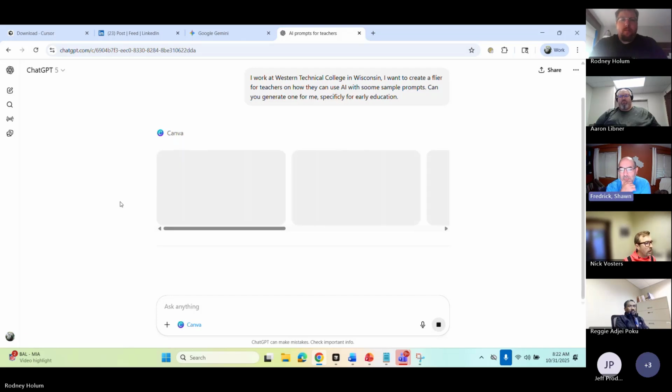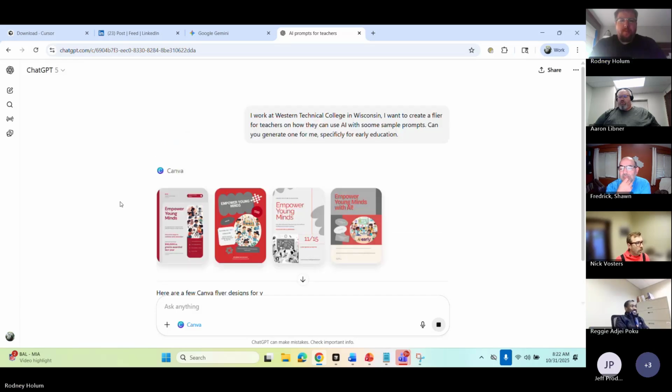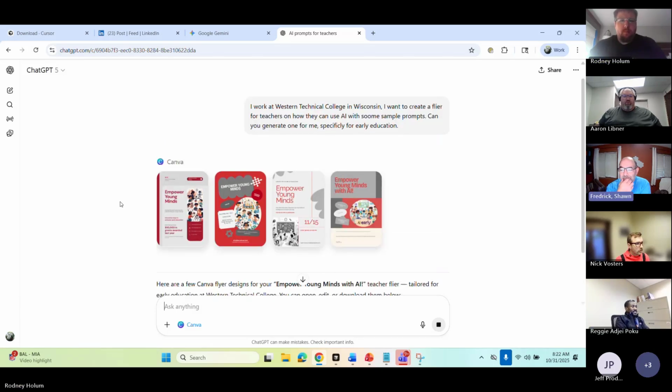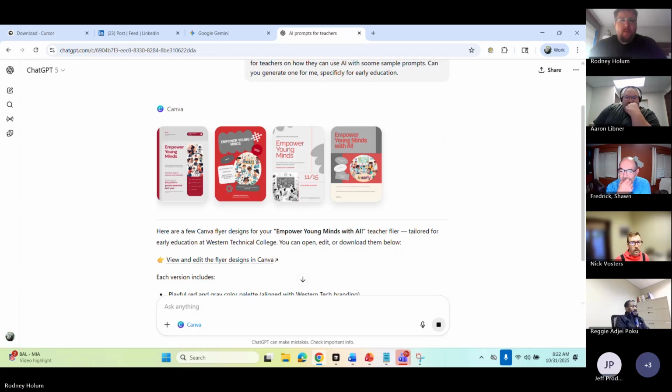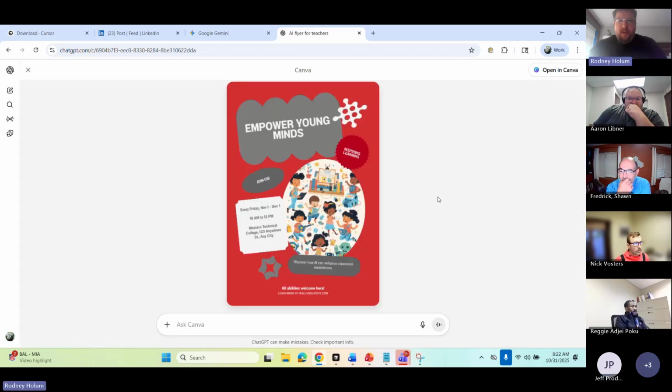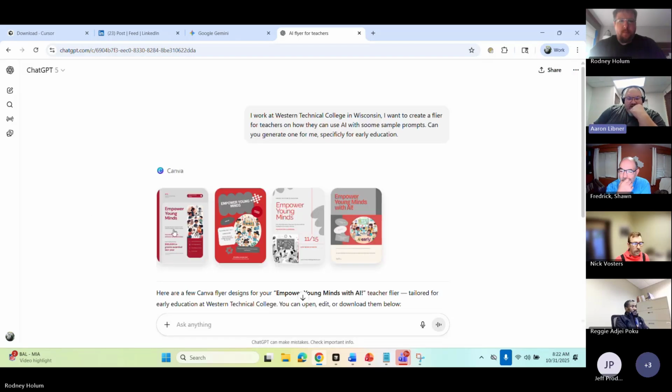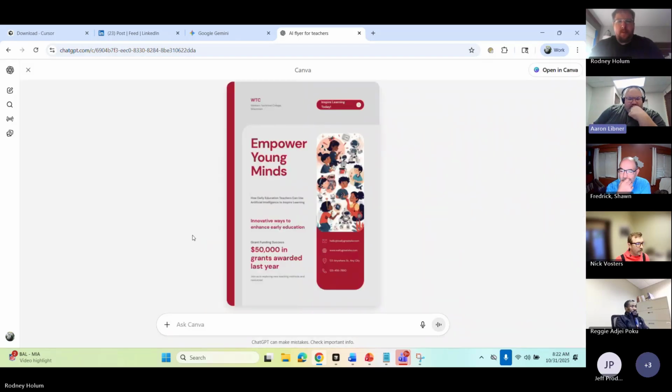So it's finding out the background information on Western Tech and probably getting the color scheme and all that stuff, I'm going to assume. If it's doing its job right, it is. Yep, got the color scheme. So yeah, look at that one. That was not too bad, huh? Those are pretty decent flyers. I haven't used this use case for creating flyers, but I could see WTC, so it got the acronym of the college right.